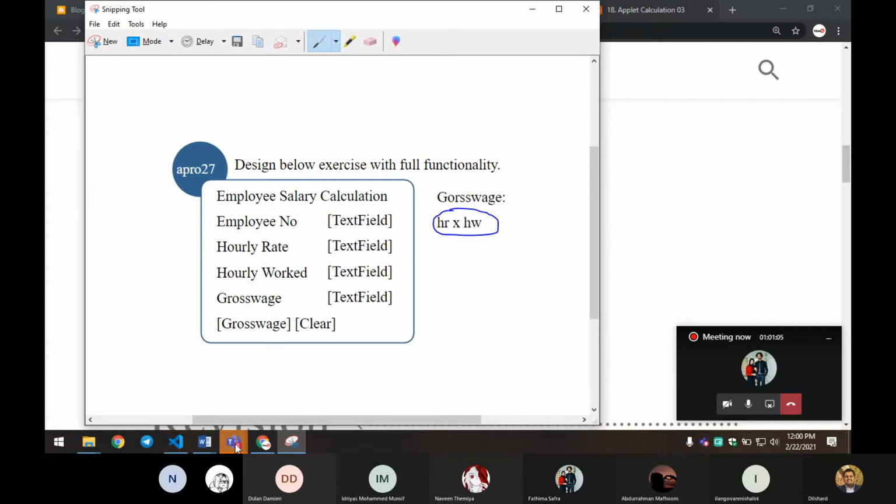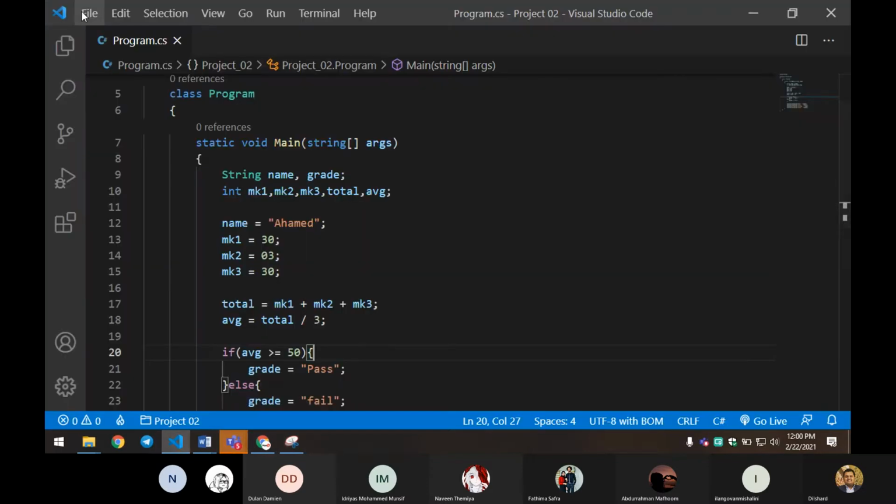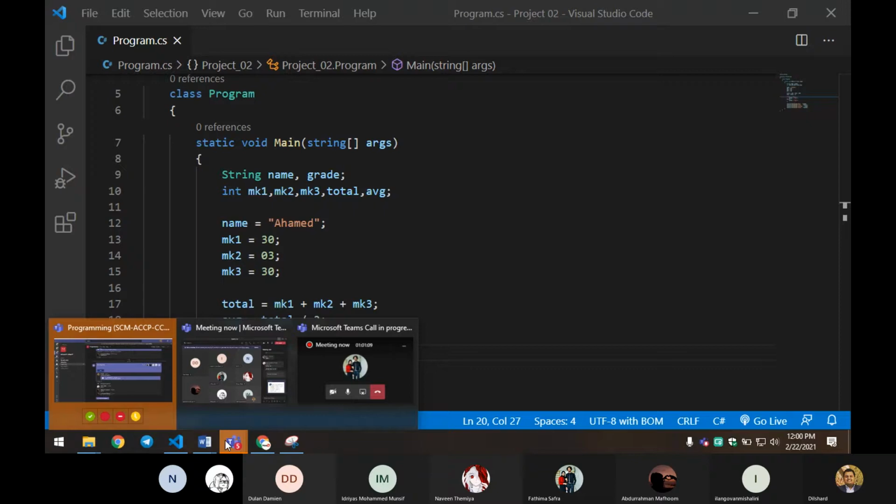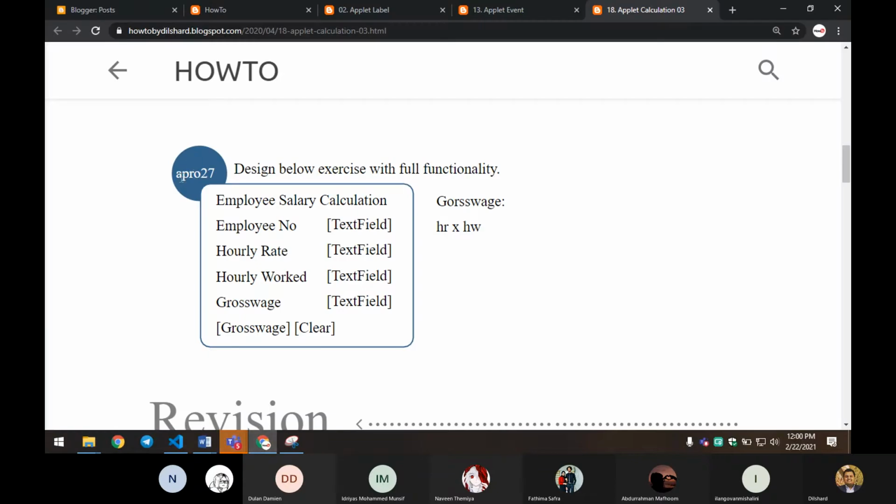Okay. So we'll go back to VS Code and we'll create a brand new project. As the project name, we'll say project 27.